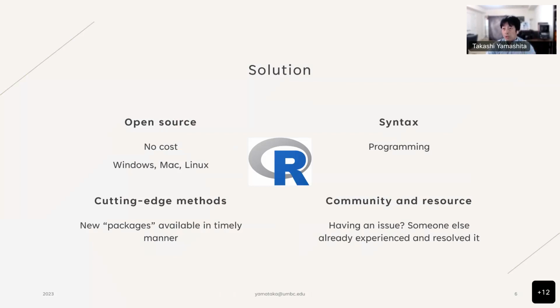But for R, it's much quicker, and then you can just download a new package and that includes all the algorithm of cutting methods, and you can immediately start using it. So that's a huge advantage for the quantitative researchers. And also, finally,